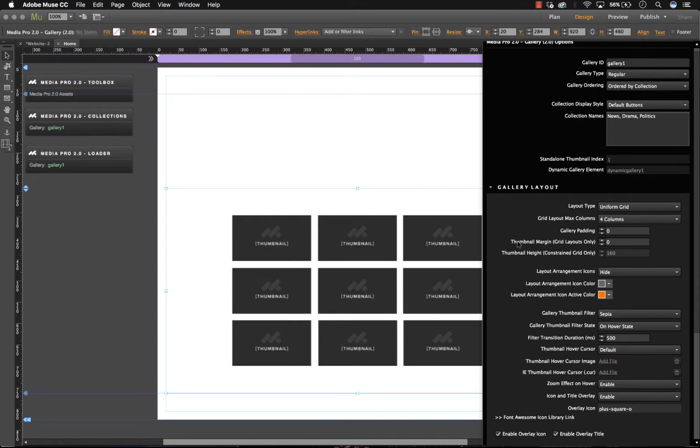So let's go ahead and set up a simple gallery. The first thing I'm going to do is just move this up, and I'm going to shrink it a little bit so I can see that panel a little bit easier. Okay. There you go. So to begin, I want to make sure that all of our items are linked up. And the way that they link up is they